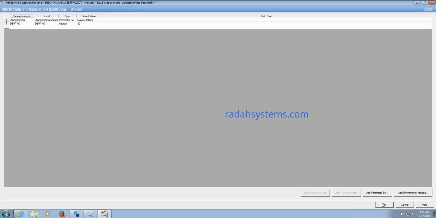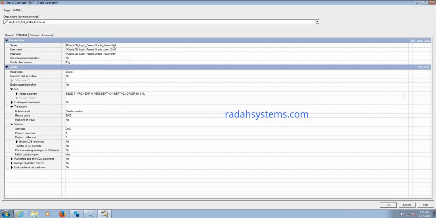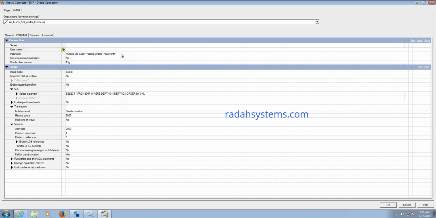In a job, if I declare something as a parameter set, it would by default save in the repository. Else it would save at the job level. Is it something like that? No, ask one more time. If I declare something in the job as a parameter set, by default it would save in the repository, else it would save at the job level?